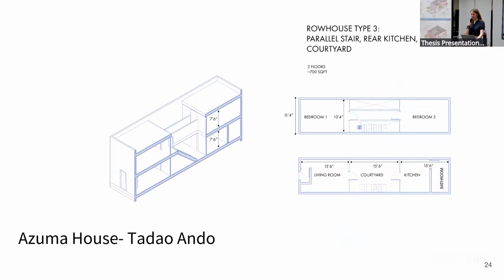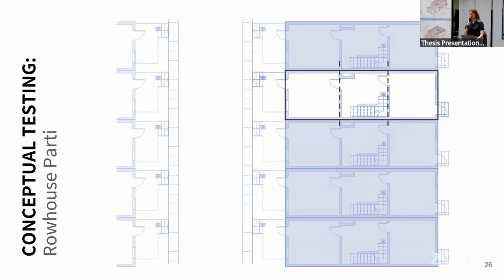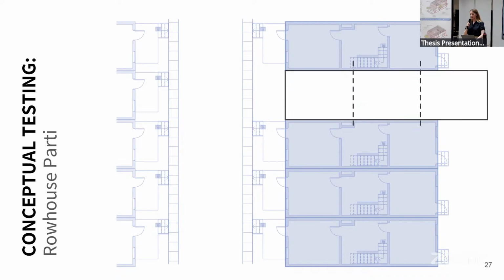And finally, the Azuma House by Tadao Ando introduces a new element of a central courtyard around which the other program elements are defined. Looking at all 3 of these houses, I noticed how they all follow a tripartite scheme. So despite how the program elements switch between the 3 parts, depending on which house, they all have about 3 equal parts. So to design my partie, I applied this 3-part scheme, but proposed